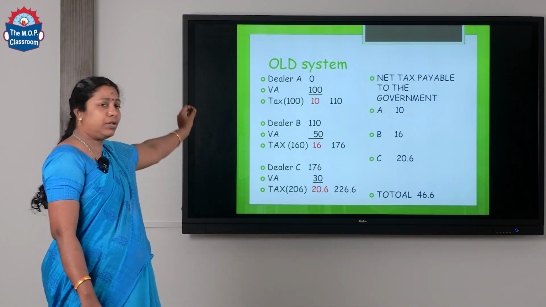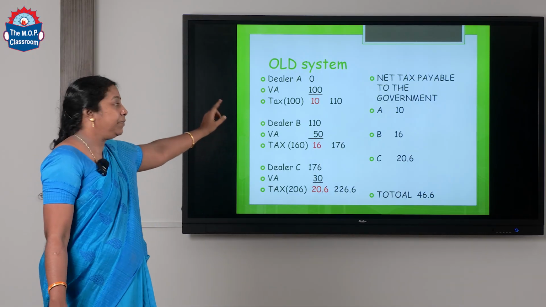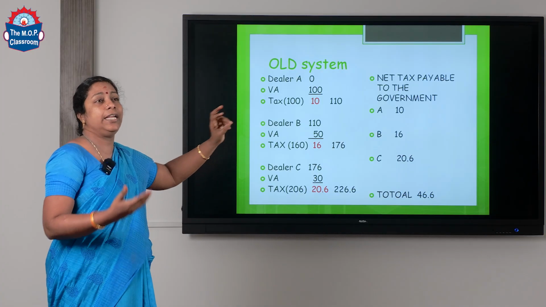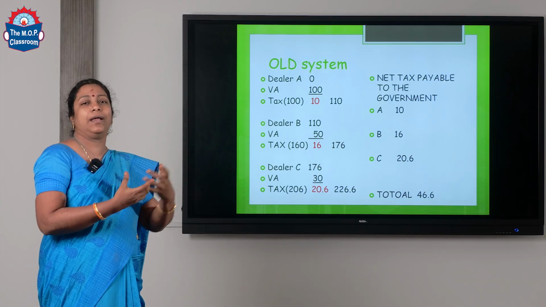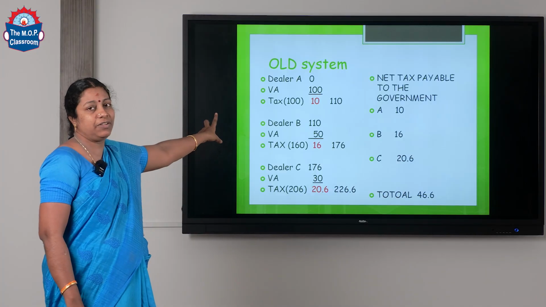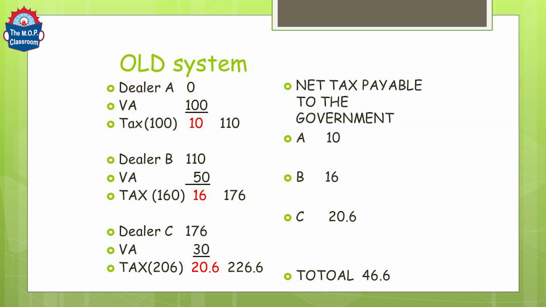Let us take, for the raw material I have not paid anything. But for the value addition, I need to chop it, cut it, pack it, all that. VA is nothing but the value addition, which comes to 100 rupees. Let us assume, for easy understanding, the tax percentage is 10%. So how much tax will I be charging? 10% on 100, which comes to 110. I am selling it to you. So how much will you be paying? You will be paying me 110 rupees for the product.